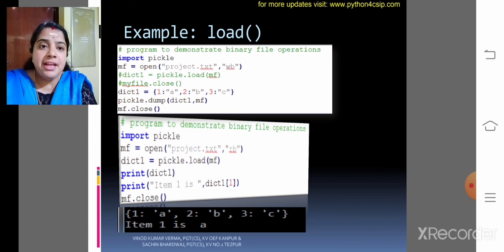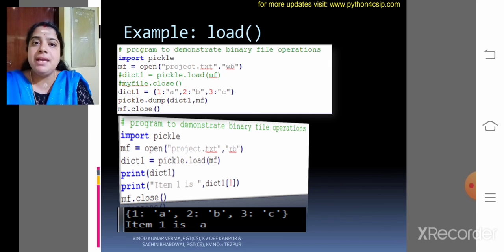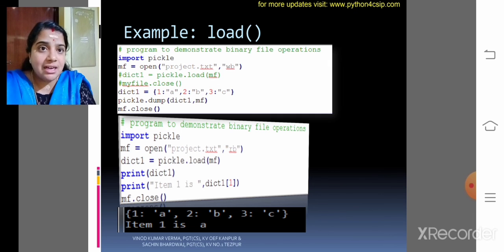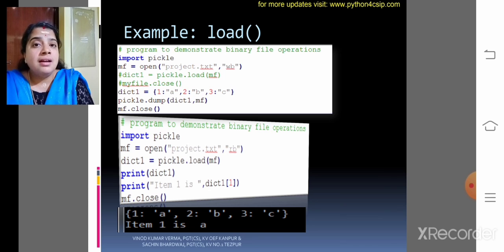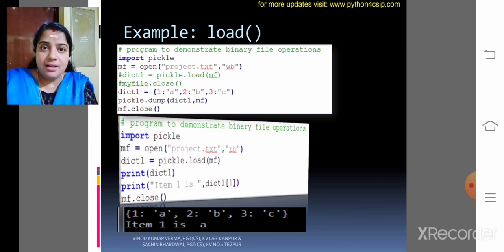So when I try to print dict1, item 1 is dict1 of 1. My dear children, here I included one item, that is item 1 is A. Then if you are printing item 2, you have to give dict1 of 2. That will be printed as B. I think you are all clear about how to dump and load.